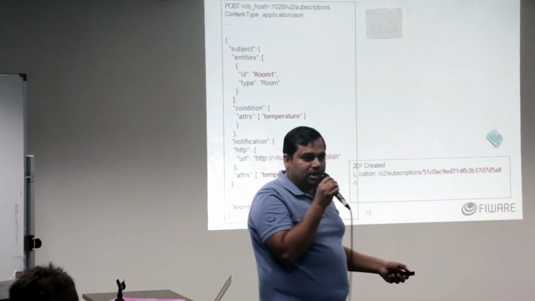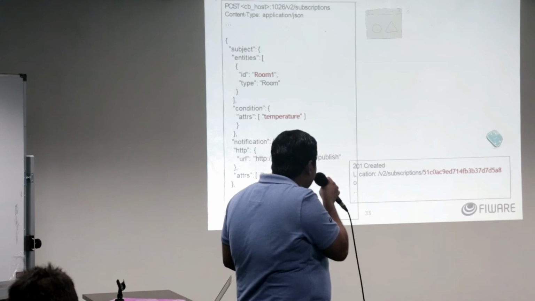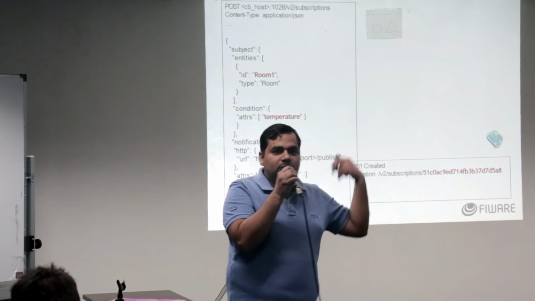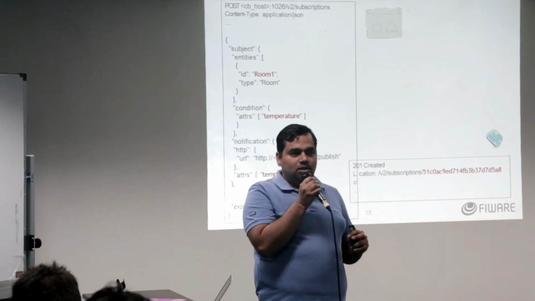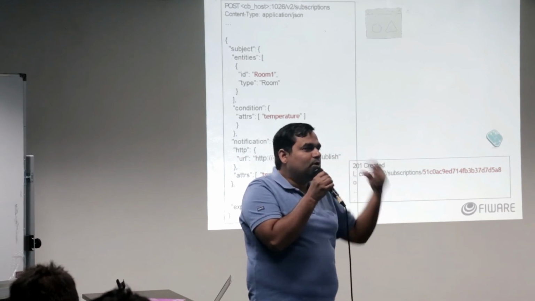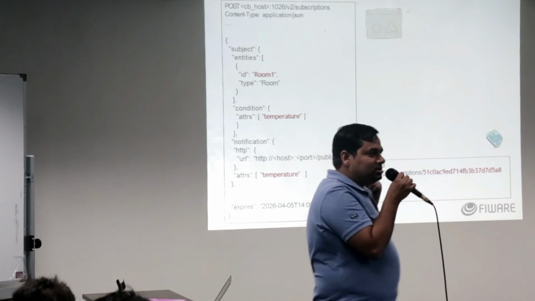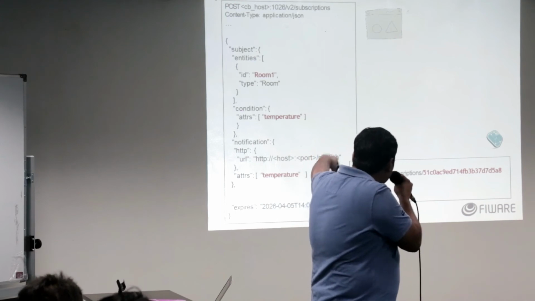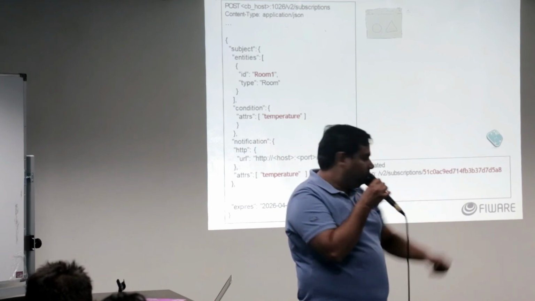I'll show you the format in the next slide. There would be a notification sent to this server, HTTP host port and publish. So you can just start a server and listen to a port, okay? It's a simple server; in most programming languages like Python or any other, you can easily spawn a server, okay? You spawn it and listen to a port. When this happens, it will send a notification to your server. And what do you get?